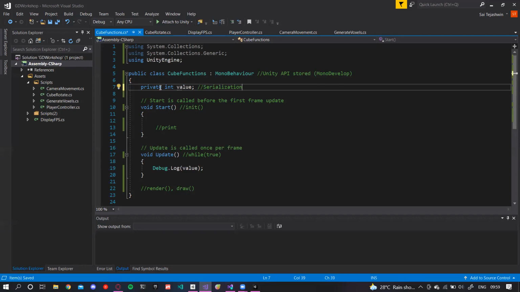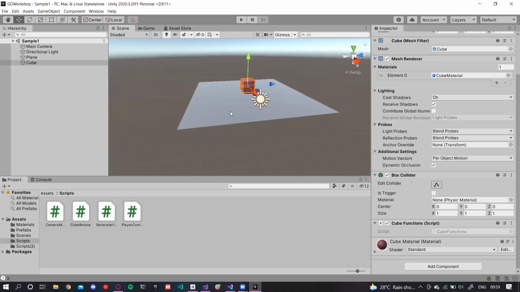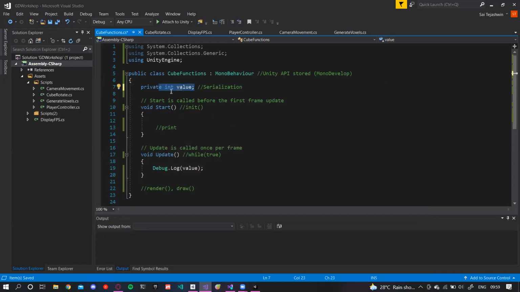So now I'm using this value in my Visual Studio platform, which is again being used in this Unity platform. So now I want to serialize this. Usually, if you change this int value to public, it is automatically serializable.